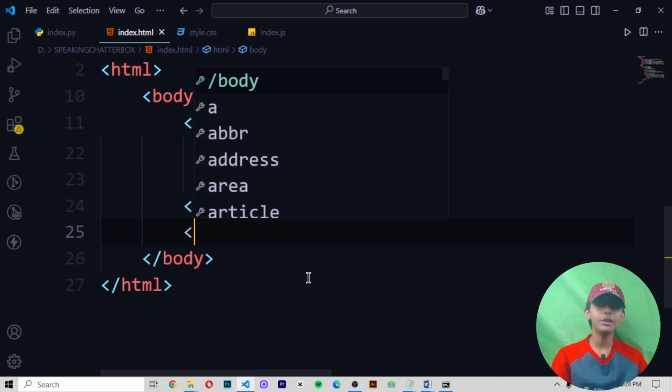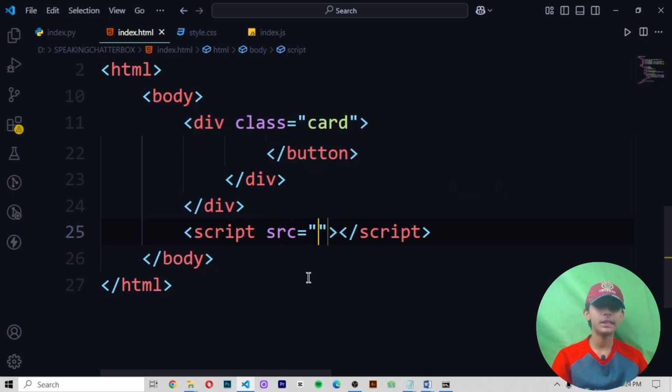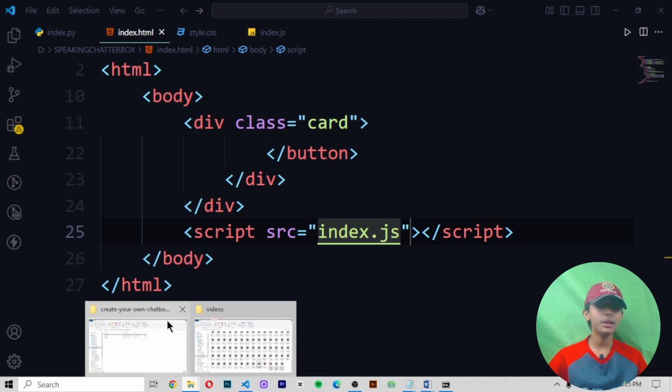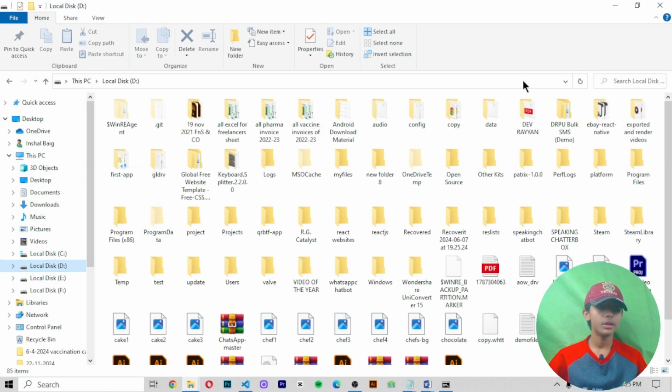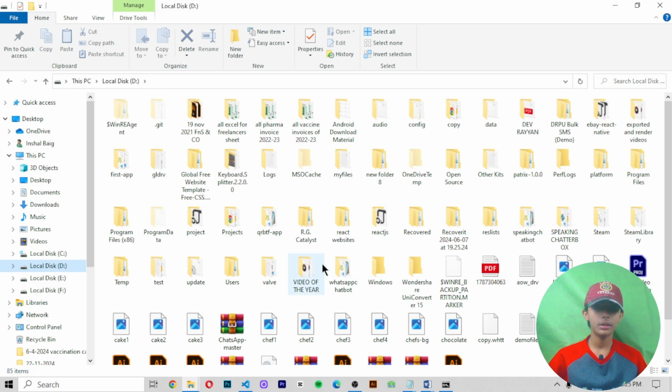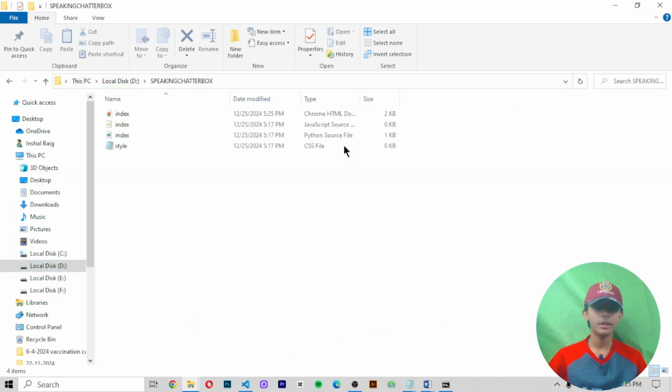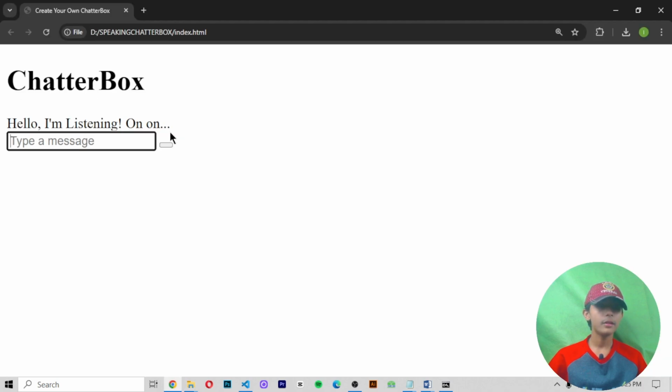For this we write script src, and my JavaScript file name is index.js. Save it and let me open it in my window. So here is my file. Now when I open it, it is looking like this.